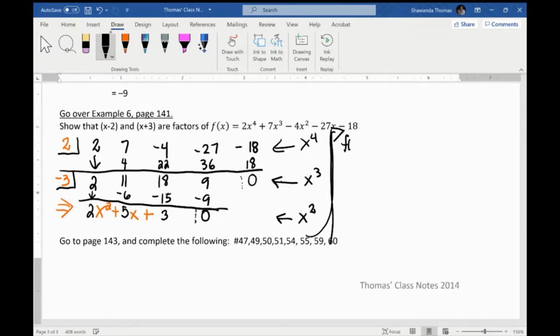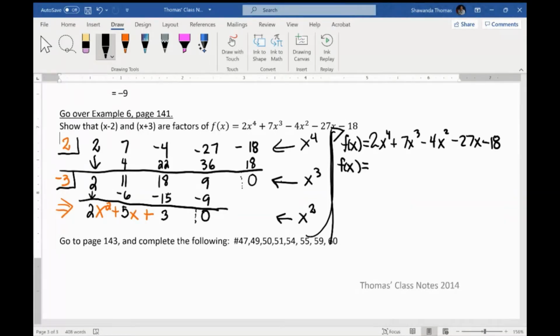First off, f of x. I'm going to rewrite the whole thing back over. I know it might be tedious, but we're going to write the whole thing back over. 2x to the 4th plus 7x cubed minus 4x squared minus 27x minus 18. We know so far that that equals, in factored form,